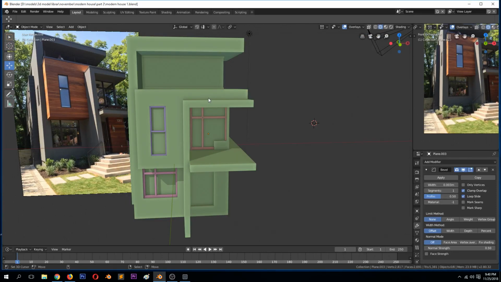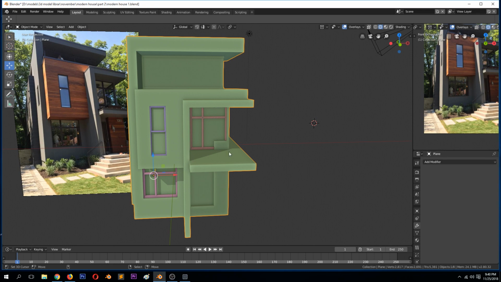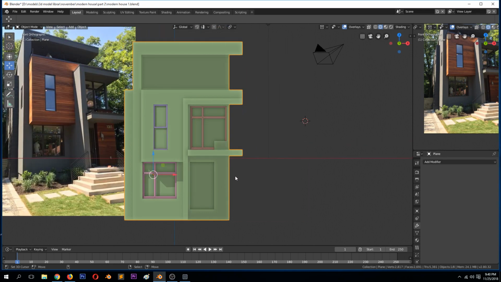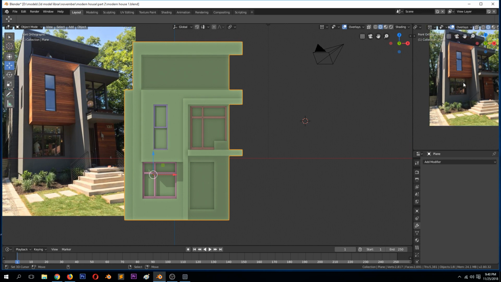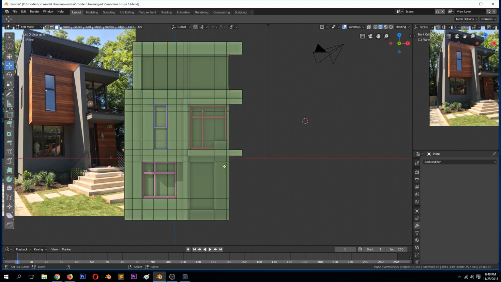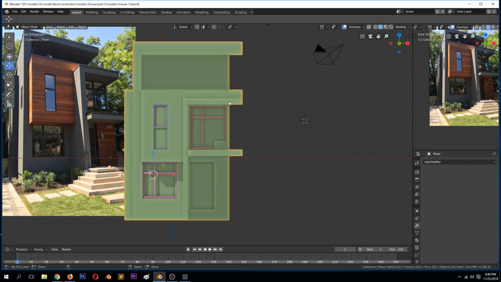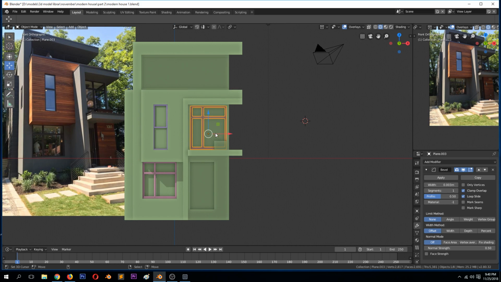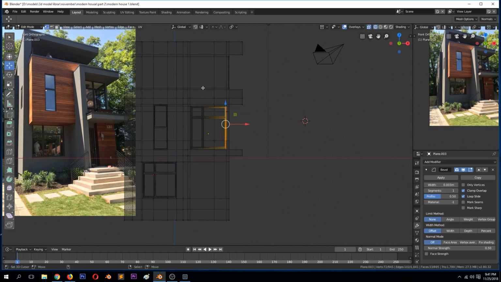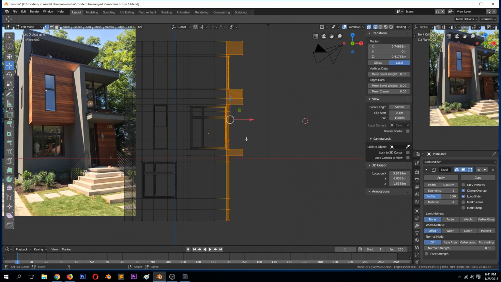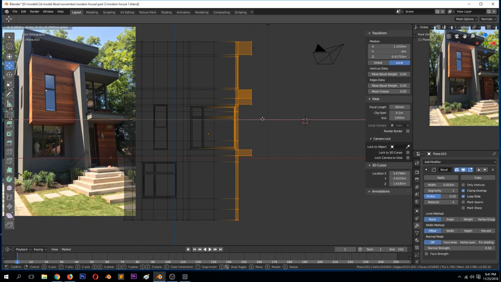Okay, let's continue with part 4. And yeah, so let's continue adding these frames around where they should be. So I think this part here should be extended a bit because I see this is supposed to be a bit wider than how it looks here. So let's go in edit mode and make sure to select also this frame, edit mode, go to wireframe. I'll select this and then push it out,